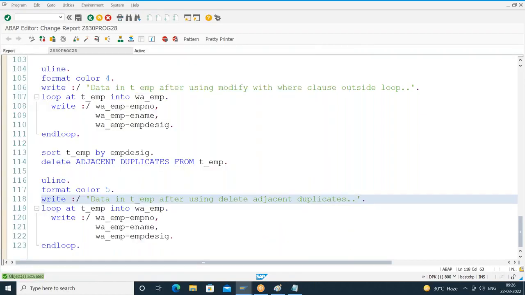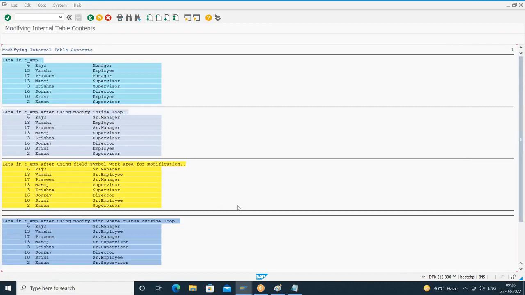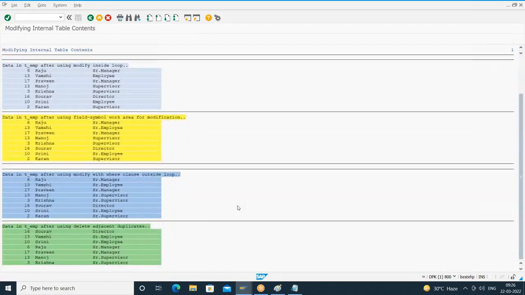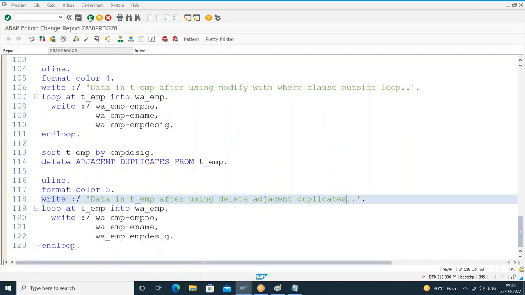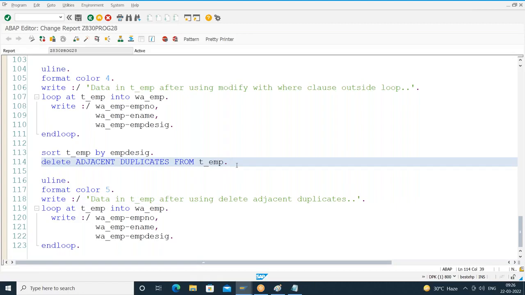Done. Execute this. Focus on the last block. Oh, what happened? I'm sorry, I forgot: delete adjacent duplicates from t_emp comparing employee designation. Now when I execute,